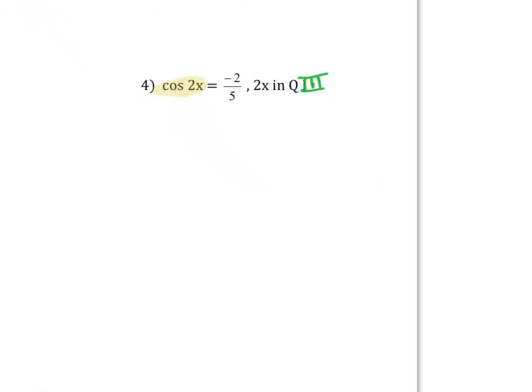But let's do, for this one, let's do the cosine of 2x is equal to 1 minus 2 sine squared